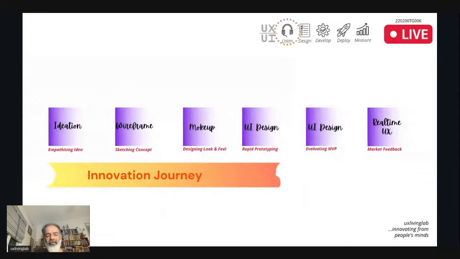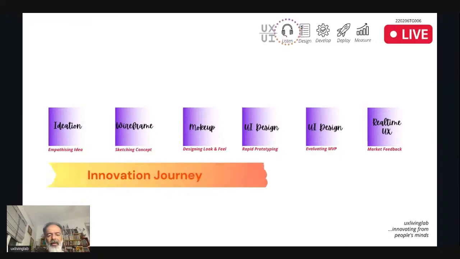What is innovation journey? As I said earlier, innovation journey has 6 steps. Empathizing idea. So ideas to be conceived from users.